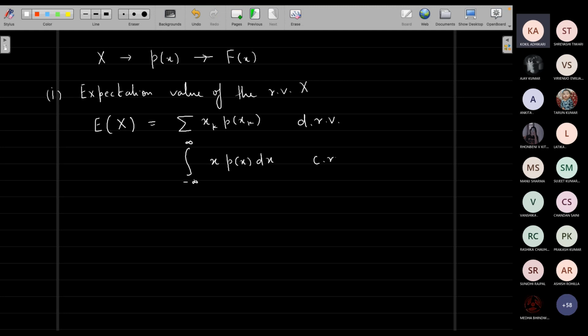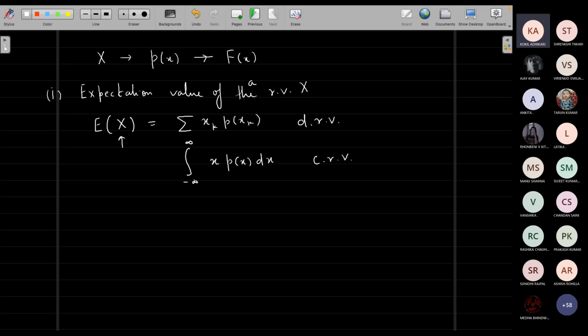for the continuous random variable. So now what we are talking about, once the distributions are there, what can you get out of it? For example, there is a Poisson distribution. What can you get from the Poisson distribution? What are the quantities in which we are interested? So one of the quantities in which we are very interested is what is called the expectation value of a random variable. Okay, and the random variable can be anyone.